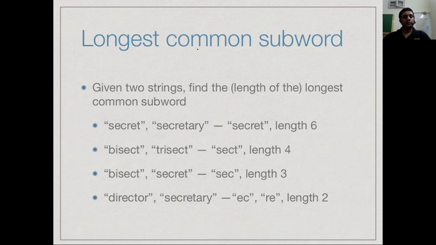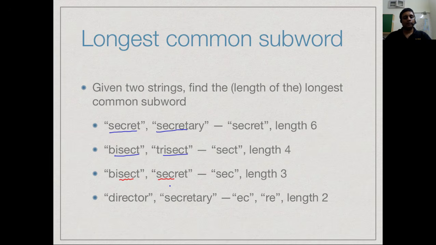And a subword is just a segment. So for instance, if I have secret and secretary, then the longest common subword is just the prefix secret, and it has length 6. Between bisect and trisect, I have this common segment isect. If I have bisect and secret on the other hand, then the common subword is of length 3, namely